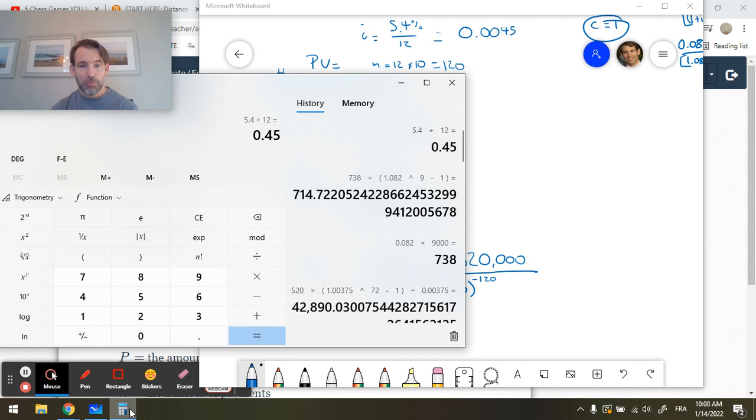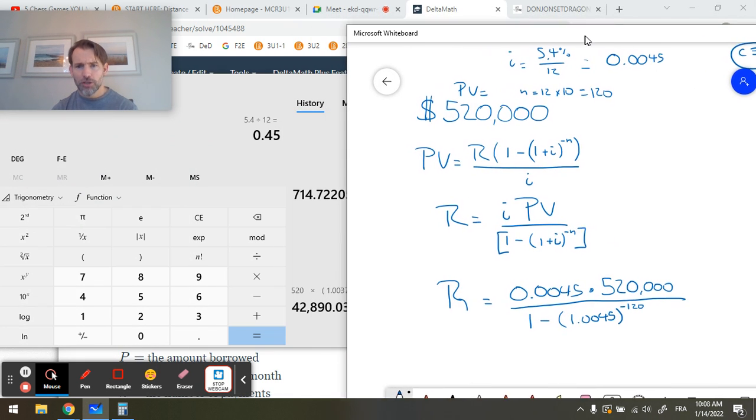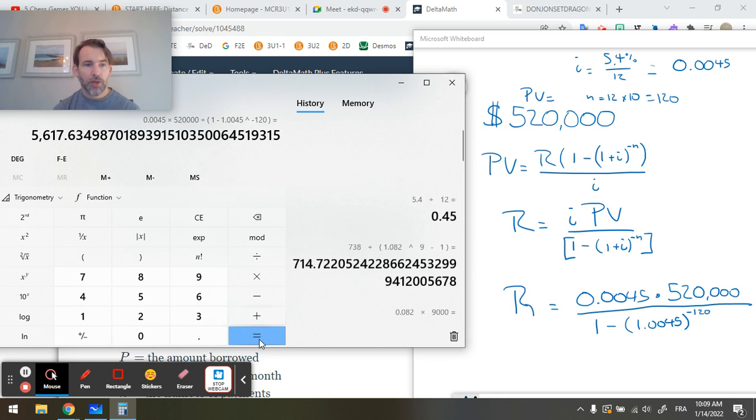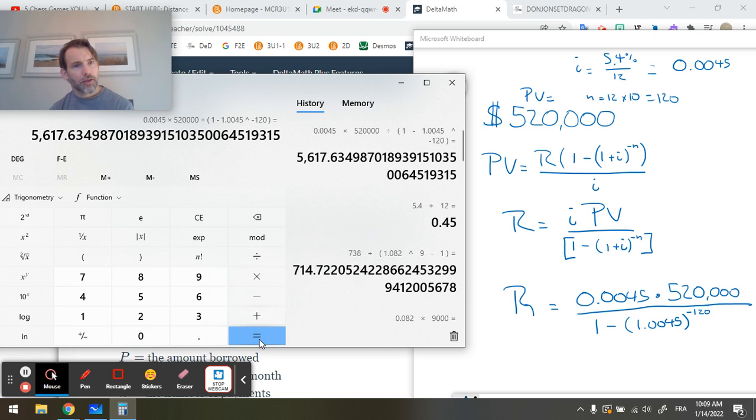All right. So plug and chug, please, people. Clear, clear, clear. 0.0045 times 520,000. And if you're tired of writing all those zeros, you can cancel some zeros before you do this multiplication. Divide by bracket 1 minus 1.0045 raised to the power 120, but it's not 120, it's negative 120, equals,